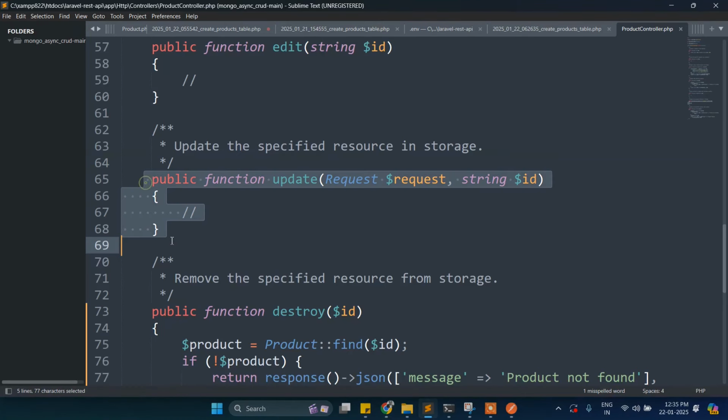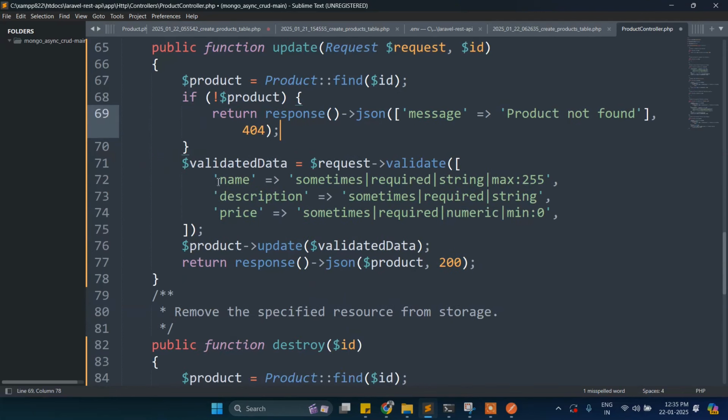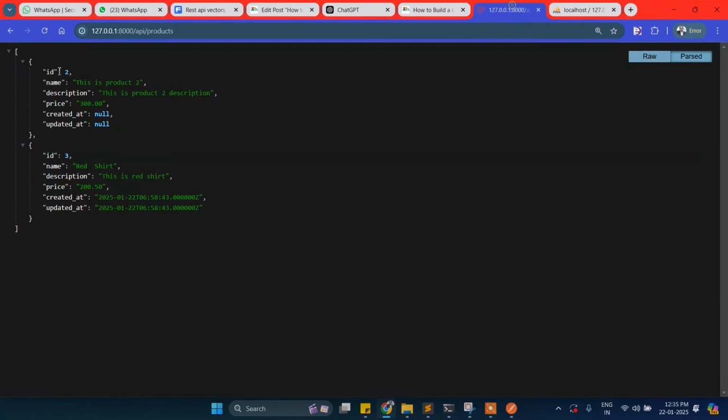In the update code, what actually happens is it will find the ID once again, along with whatever we have sent. First, if no product is found, then this message, or else it will validate the product once again and update it, and it will send JSON format data. Now if you try to update, send the request and then update it. Now if you want to verify, go here and refresh, and you will see product ID 2